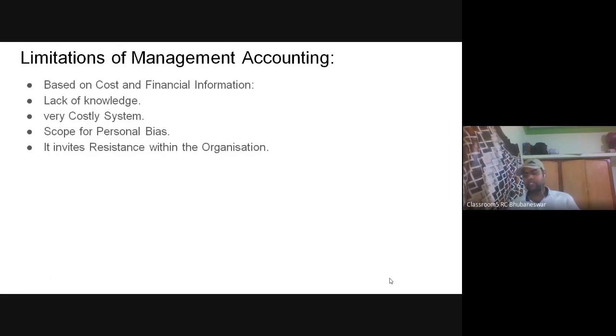Then what are the limitations? It is also based on cost and financial information. So all the limitations which are affixed to financial and cost accounting can also be affixed to management accounting, because it is based upon the information provided by financial accounting and cost accounting. Then lack of knowledge. As this is an advanced version of accounting, lack of knowledge will lead to wrong results or